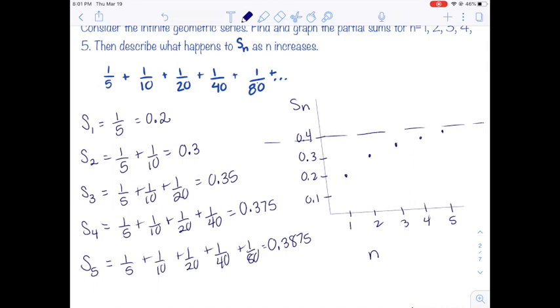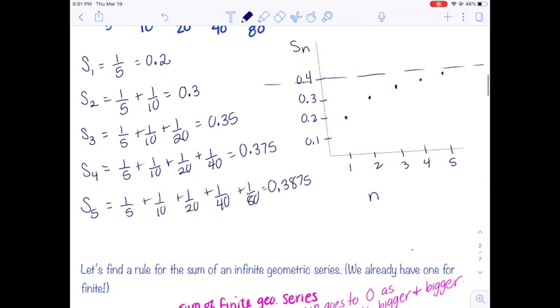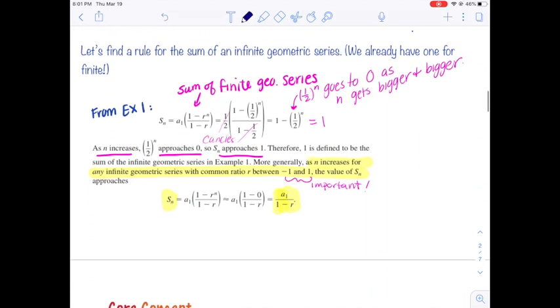So obviously we like to create rules in math to make finding this sum a whole lot easier, which of course we do. Here's the little derivation of it. To find the rule for the sum of an infinite geometric series, we do already have one for finite, so that was in the past lessons. If you take a look at this, pulled from example 1, you have the sum up until the nth term and you use the sum of a finite geometric series,